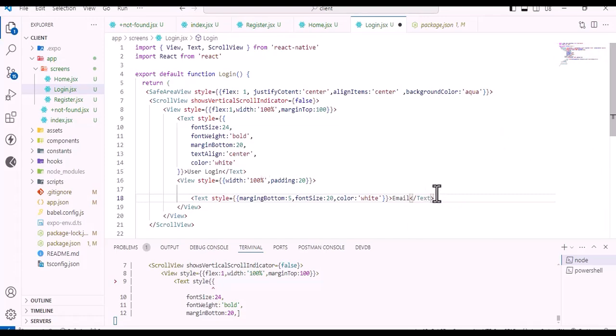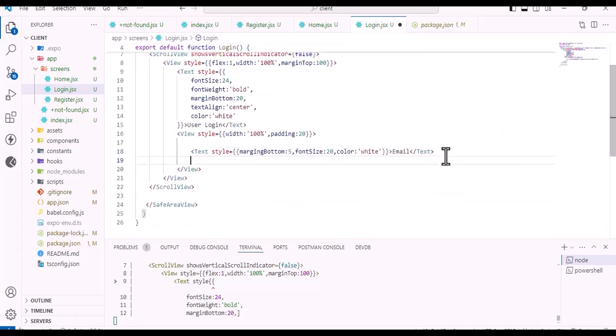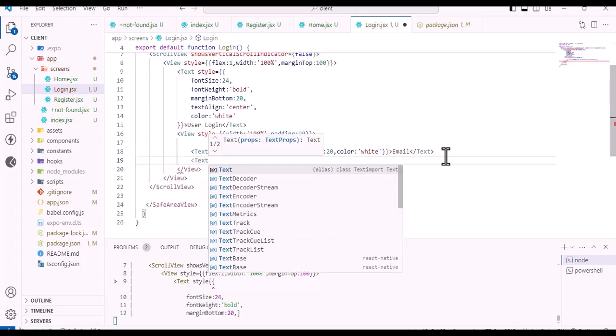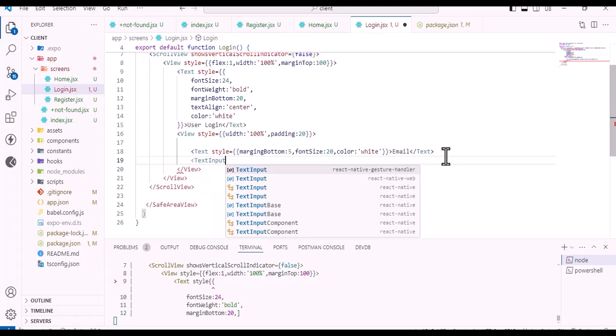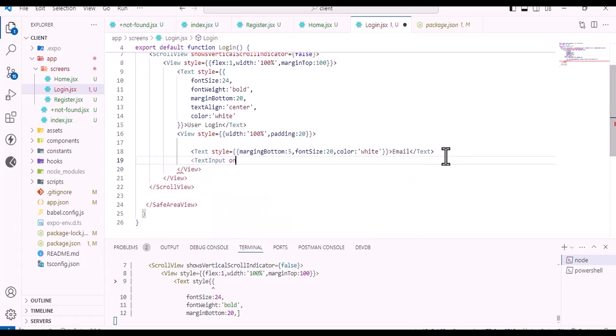Then let's create a text input. So on change text, it goes to accept a value and set it, set email to v. Then having a style,